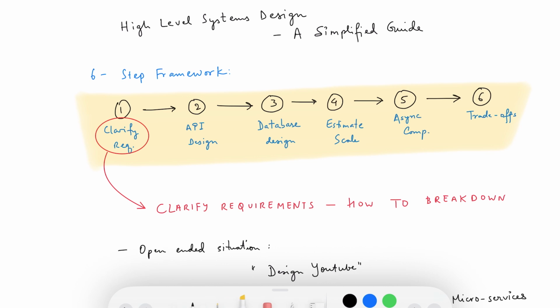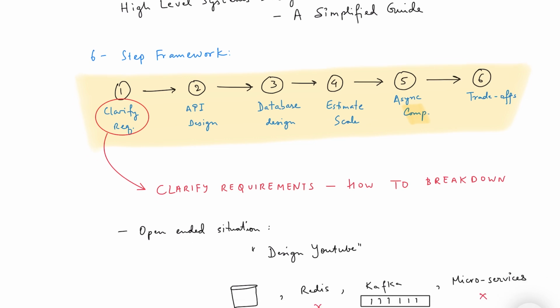Then we go to the data layer and we try to structure our data. Then we estimate the scale of the system that we're trying to design. Then we try to incorporate asynchronous communication components in our system if it's possible and if it makes sense. And then we decide on trade-offs, what can be allowed in our system. So in this video, we are at episode 3 and we will zoom into the first step, that is clarify